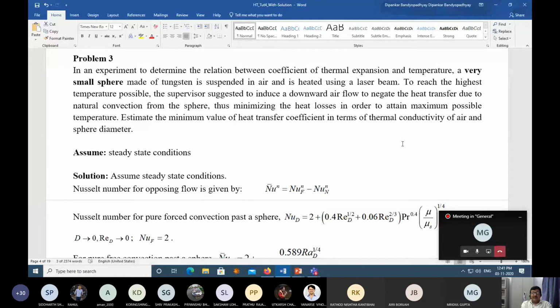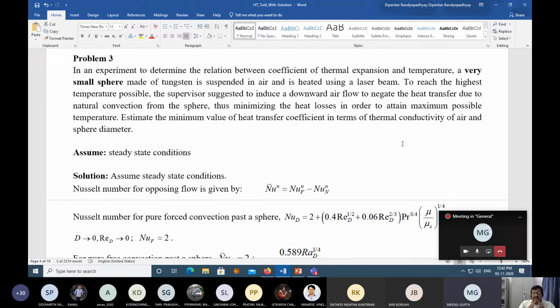See, both things are there, right? The supervisor is telling that the moment I have a heated ball, the laser is bombarded on the ball. Once the laser falls on the ball, it will heat up. Once it heats up, there is bound to be some natural convection, but this natural convection is limited. So it's a forced convection working against the natural convection, correct?